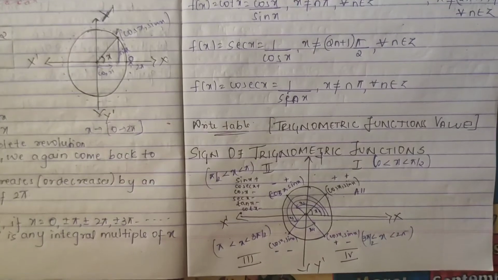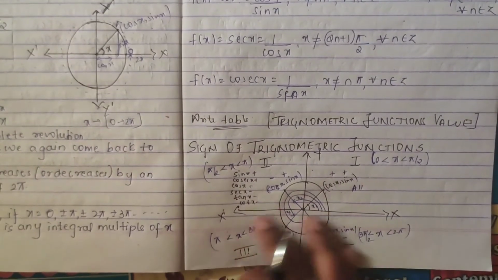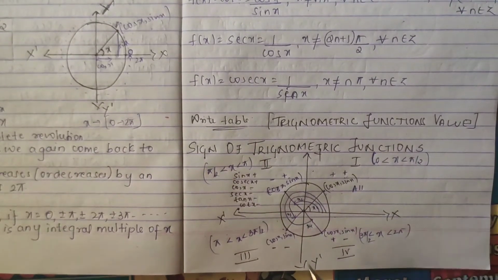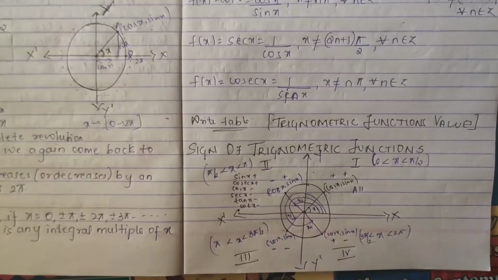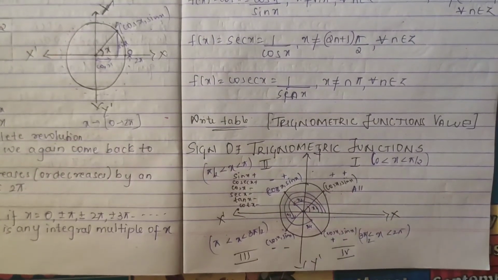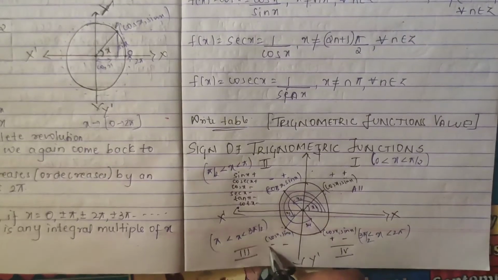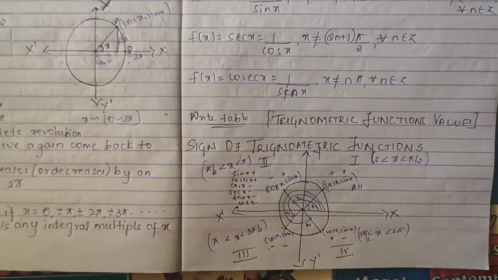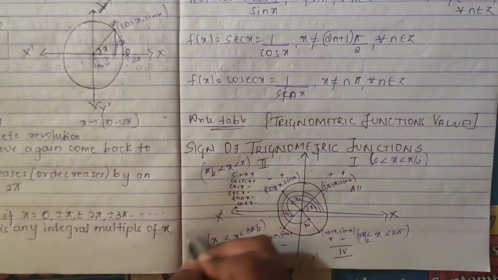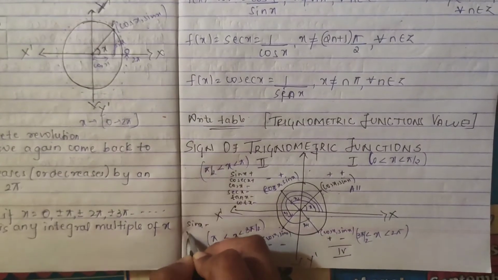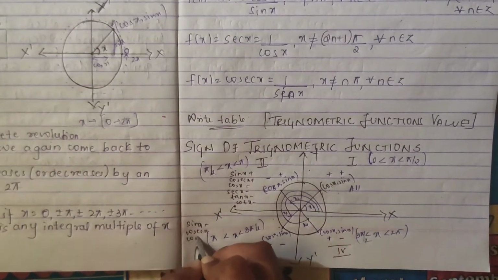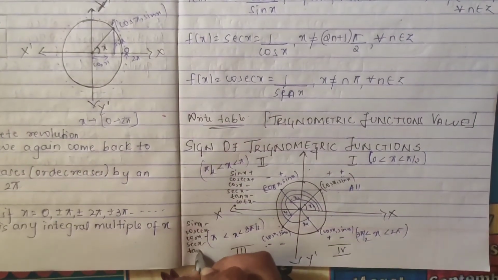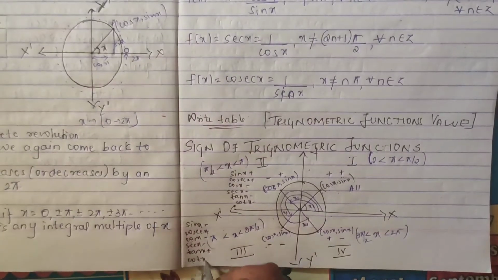Okay. Same goes in your third quadrant. In your third quadrant, how is it? Sin x is negative, so your cosec x will be negative. Cos is negative, so your sec x also will be negative. Tan x will be what? Tan x will be positive. Why? Sin by cos, both negative, negative, so it will be positive. Even cot also will be positive. So here only I'll write, there is no space. Your sin is negative means cosec is also negative. Cos is negative means sec is also negative. Only tan is positive and cot x is positive.